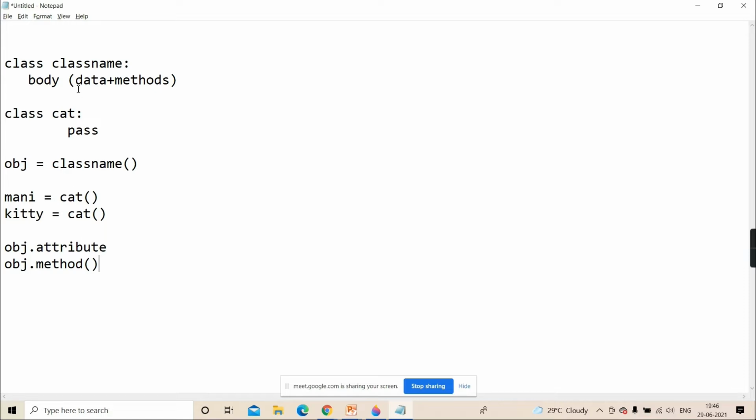You understand? So that is the general flow: you create a class, then create an object, and then access properties using the dot operator. So object dot property, object dot method. This way you will access it, right?